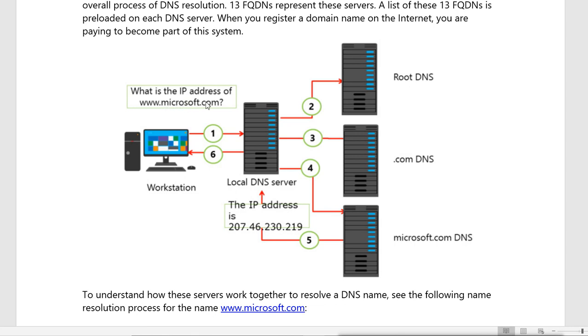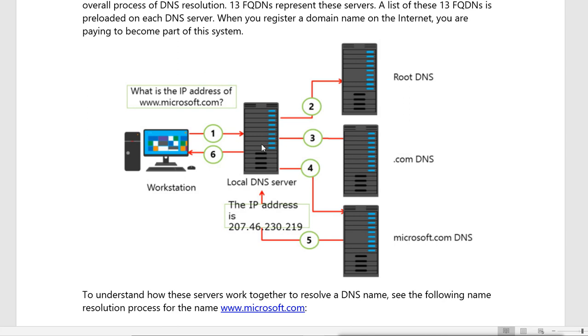Now it says okay, the domain name is Microsoft.com. This local DNS server checks whether it is the authorized DNS server for this domain or not. Authorized DNS server means it must have this domain's zone files, like forward lookup zones and reverse lookup zones. If this DNS server has a zone of this domain Microsoft.com, then it will say I am the authorized DNS server. And if it does not have the zone files for this domain, then it is not an authorized DNS server.